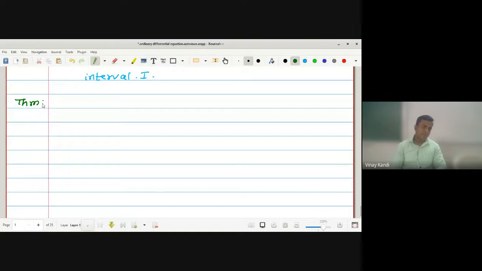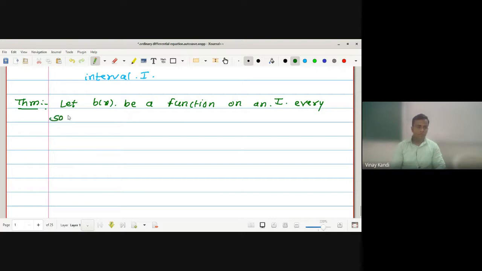Let us see the theorem. Let b of x be a function on an interval I. Every solution psi of L of y is equal to, not zero here, b of x, on I can be written as